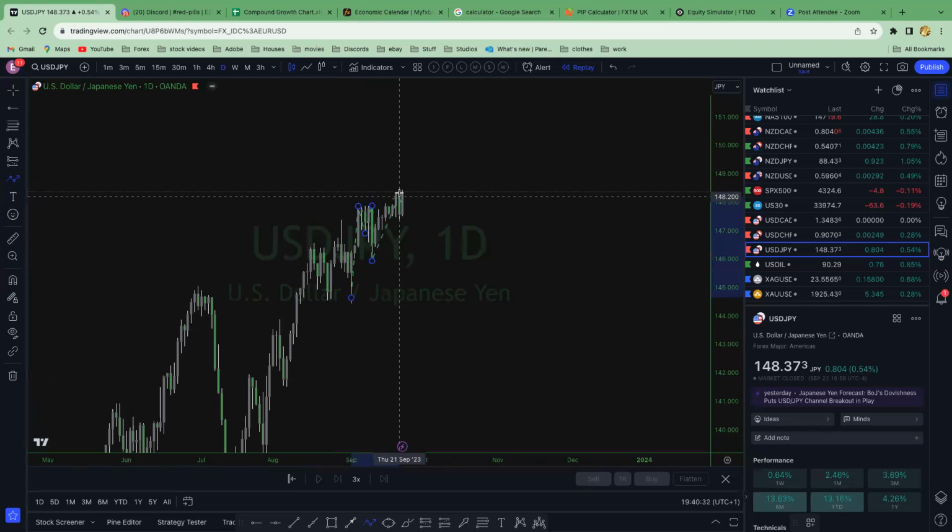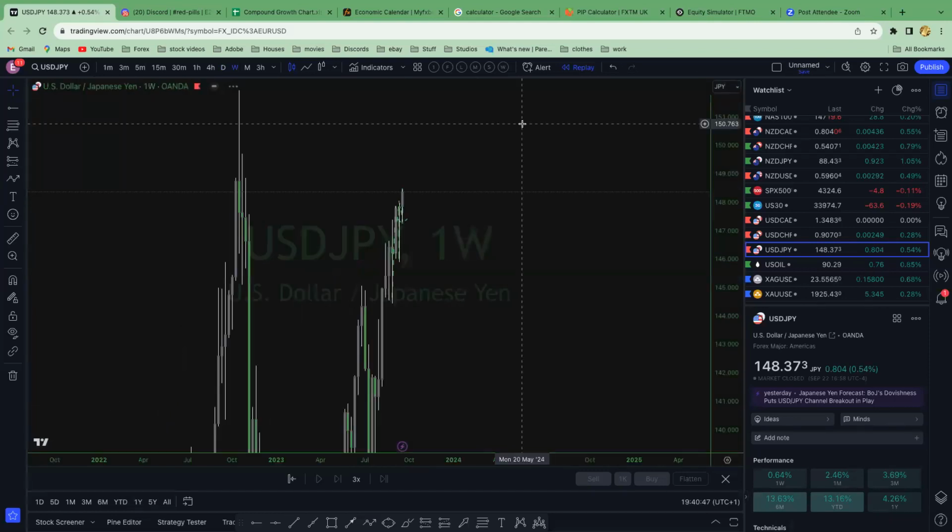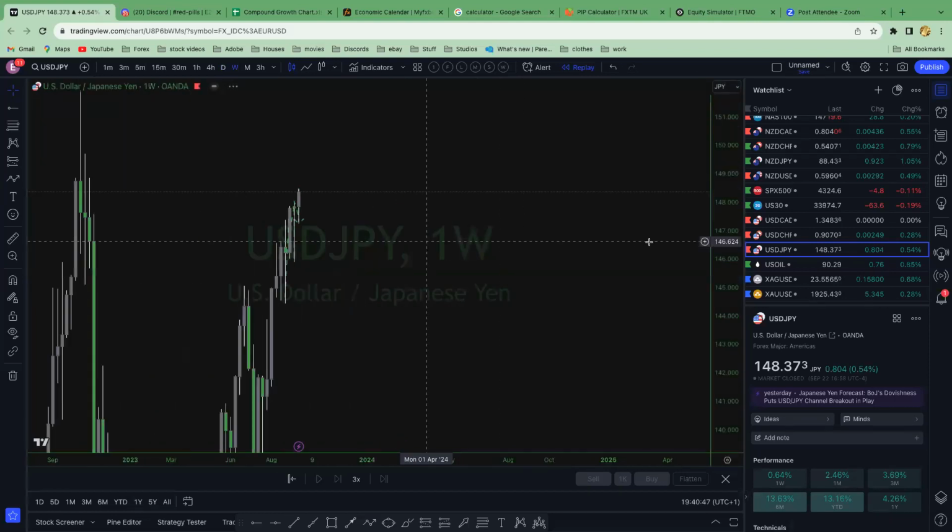Look, boom, it's gone up again. It's gone down. It's gone up. It's gone down again. So even though it created a daily break of structure here, it just broke it. So I do that to myself. Unless this breaks major structures, me, I wouldn't trade a pair like this at all, wouldn't even dream of it. And this is just crazy.